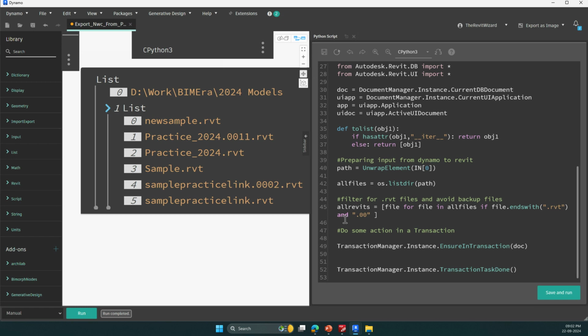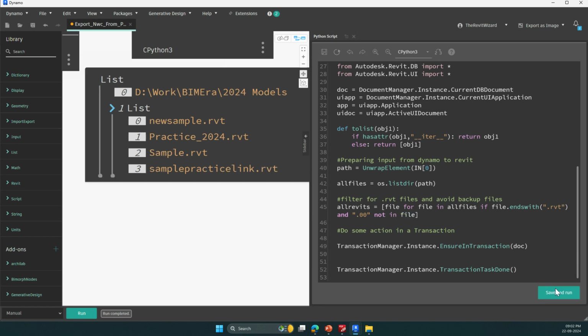Of course I can. What I told you is, Python is nothing but just talking with the computer, the way we are having the conversation right now. So what I'm saying is, and dot 00 not in file. That's all I wish the file to have. And now I have my final files. What are my final files? The total 4 files that I only wish to use